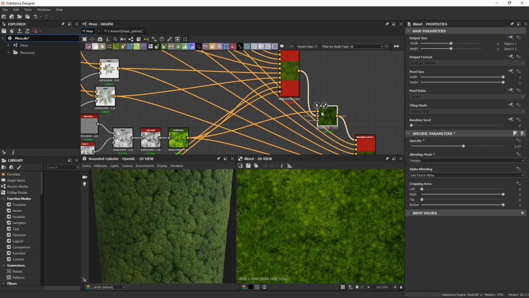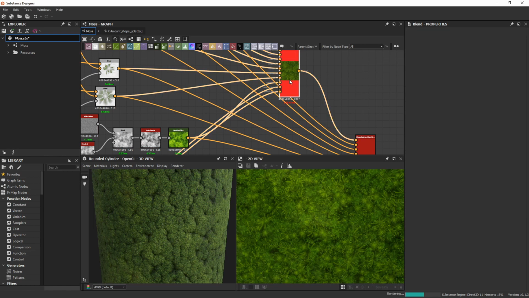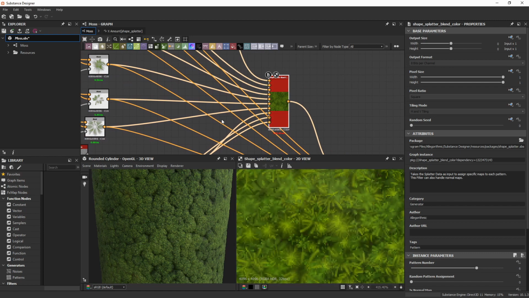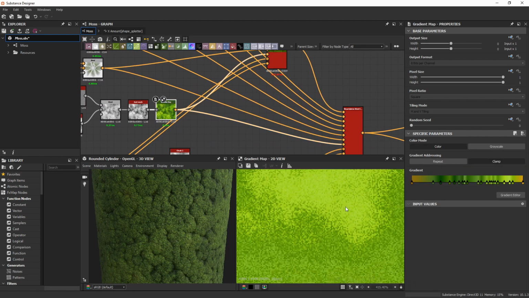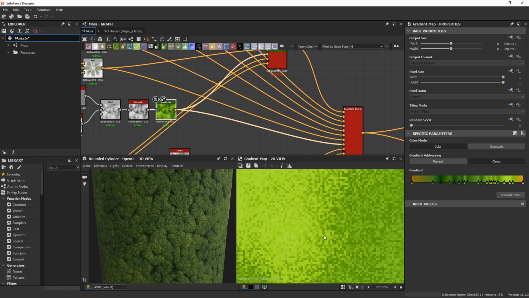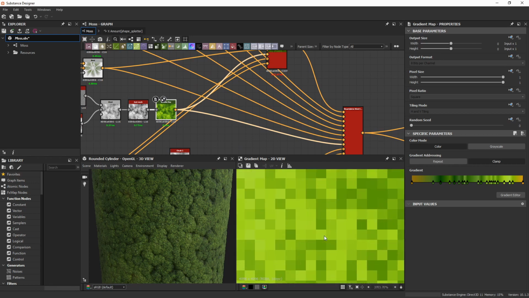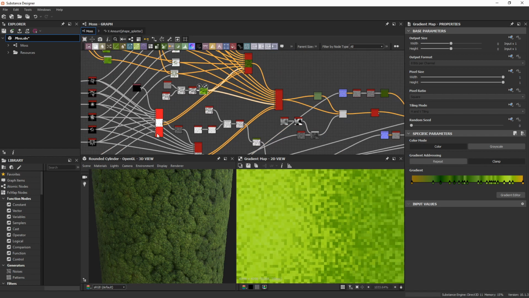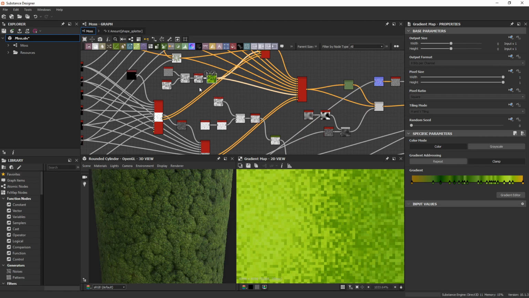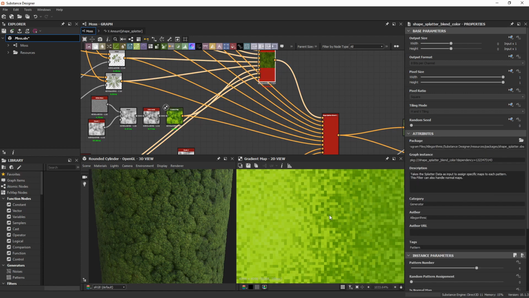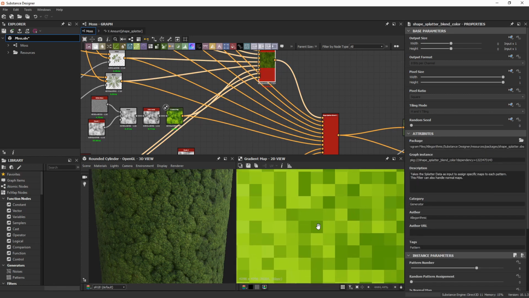But this does not quite have the same effect, because what this will actually do is take an individual pixel. So let's say it wants to place a shape right there on this pixel, because it has received the information from the original shape splatter node that an object, or a pattern as it calls it, should be placed there. So it wants to place it on this pixel, and